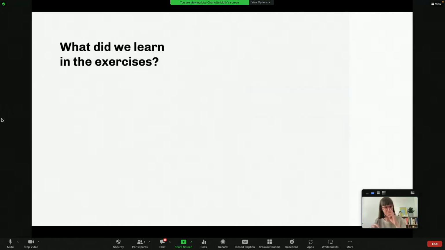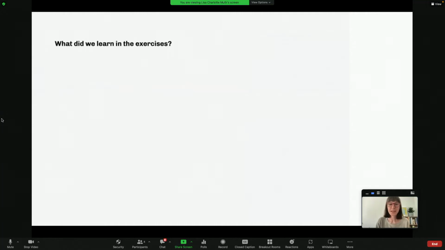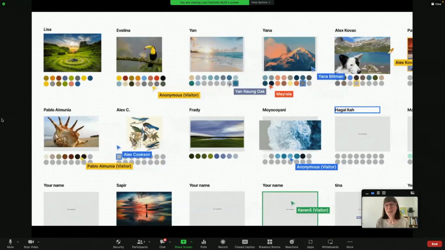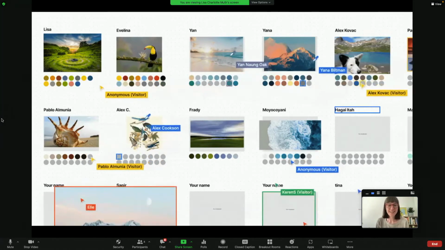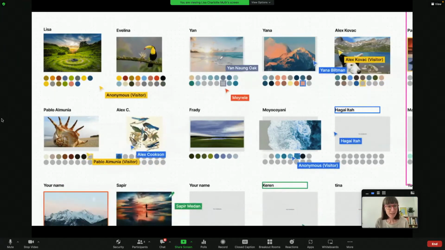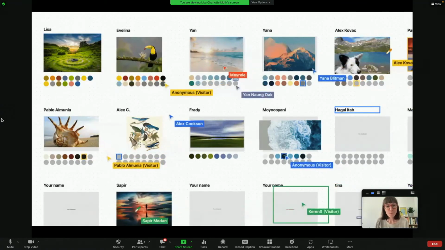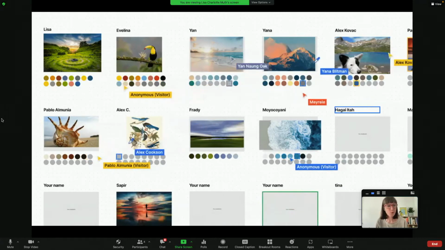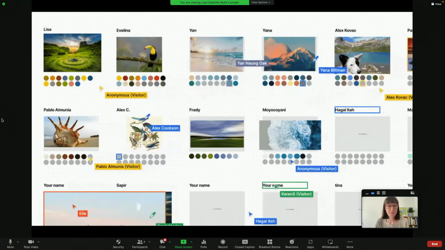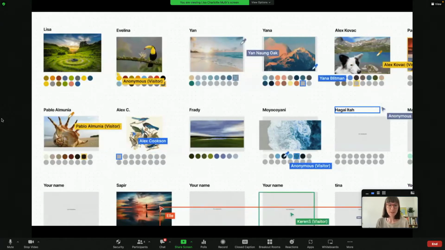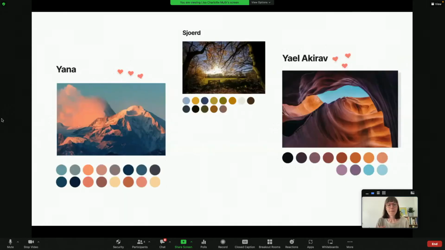And we had these 9 fun little exercises, and we definitely learned some things in them too. So yeah, there actually was a lot of fun. We did a lot of these exercises in a collaborative whiteboard. So for example, here, the 40 attendees tried to pick some colors from photos of nature. We wanted to find out what happens when you pick colors from nature. How do they look? And it turns out they all look